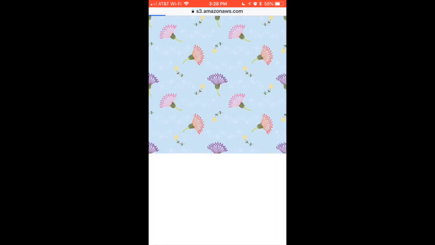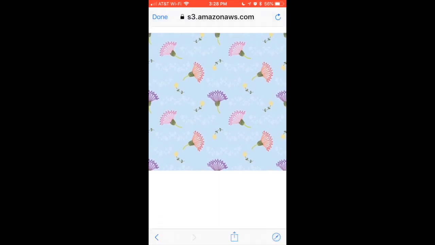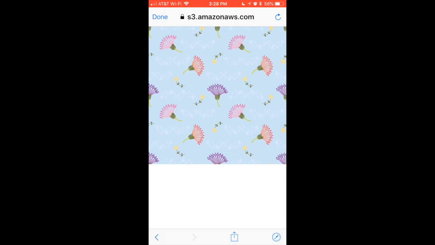So this one is a JPEG, and sometimes the JPEGs will open up differently than a PDF. So this is how it opens, and then what you'll need to do is, because you don't see any icons or anything on the page, just lightly move your finger down a little bit, and these things will pop up. See, in the left hand corner it says Done, and on the bottom you've got these 2